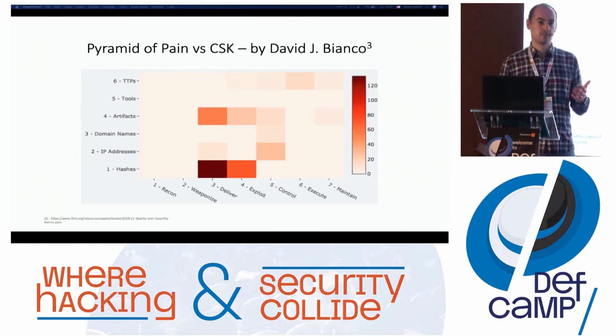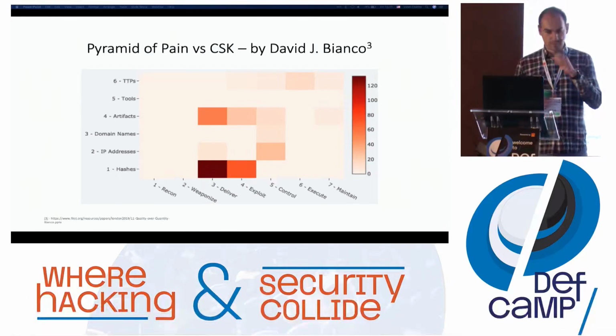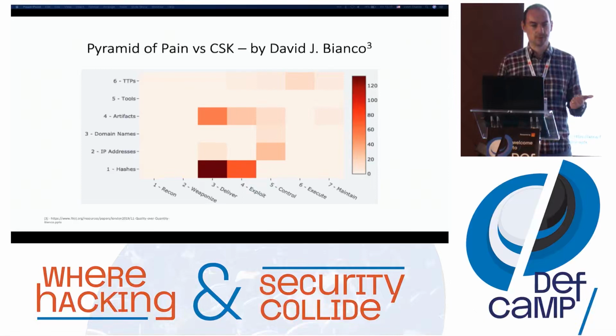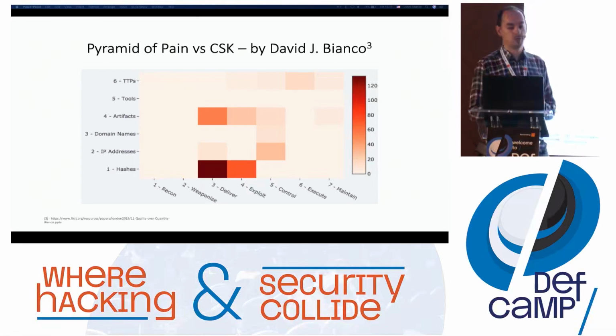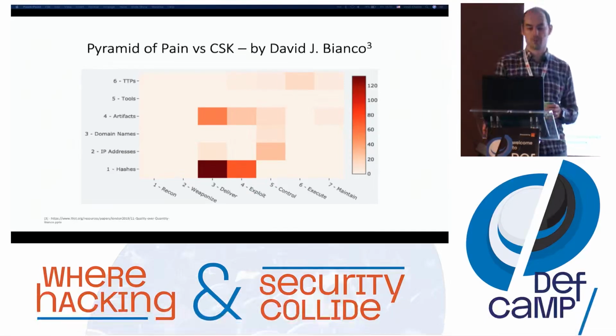You have frameworks. You have the pyramid, the diamond model. You have the cybersecurity kill chain. You have ATT&CK MITRE. Take those things, try to combine them based on what you believe is best for you. It's good to know what types of IOCs you have in comparison to the pyramid of pain versus the cybersecurity kill chain.